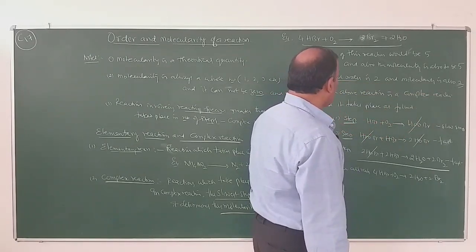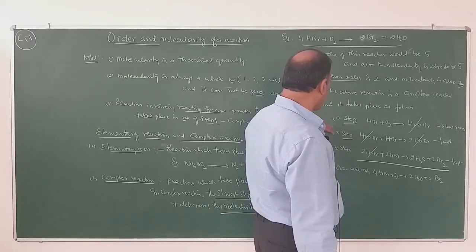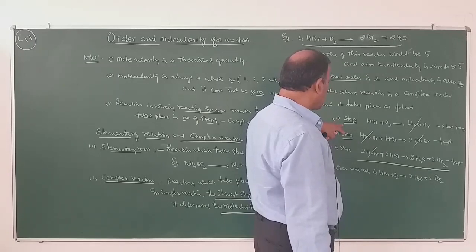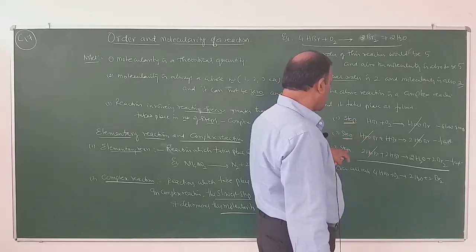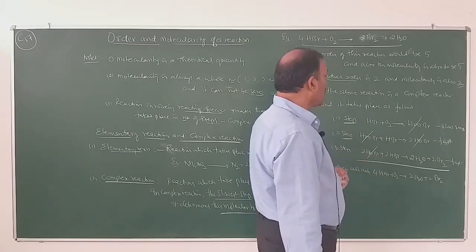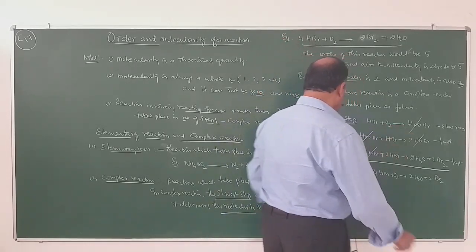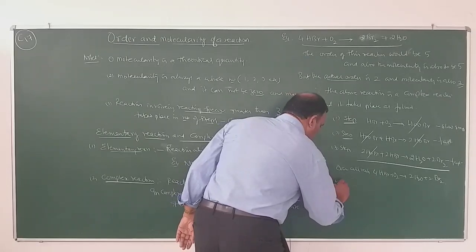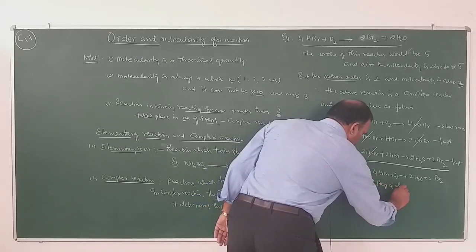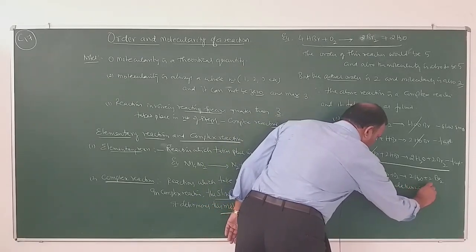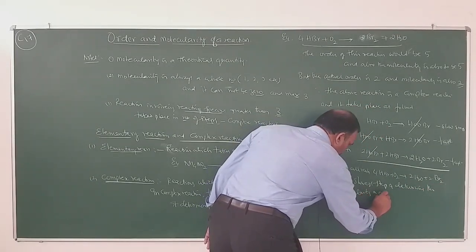So this is explained by this because the above reaction is a complex reaction and it takes place in the following 3 steps. In the first step, this is the reaction. This is the slow step. Second and third steps are fast reactions. So the slowest step is the rate determining step. That means the first step is the slowest step and determines the molecularity and order.